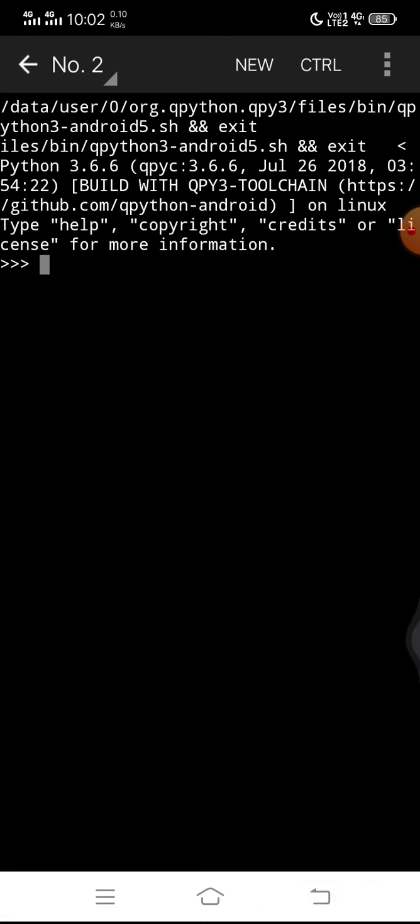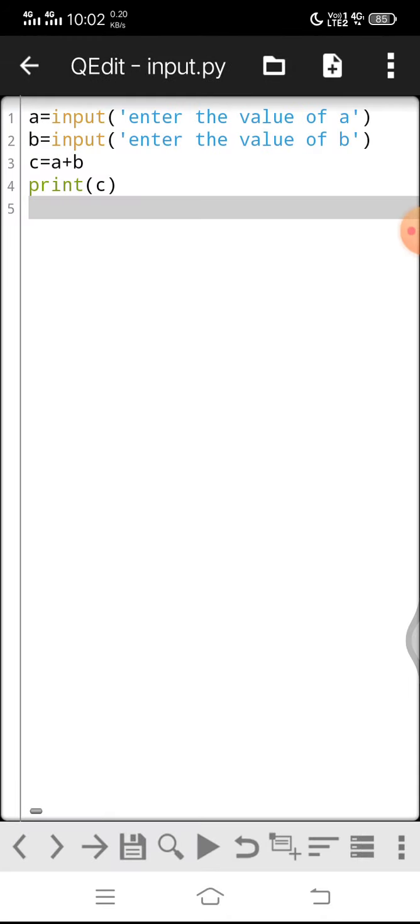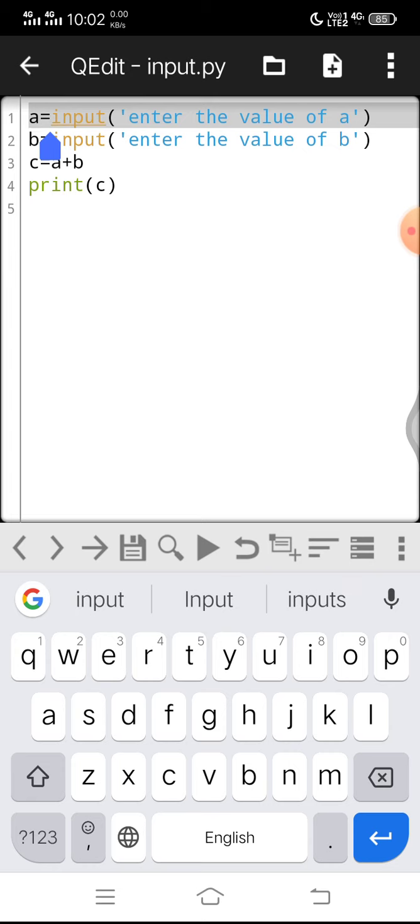But if I want to take the value in the form of integer, suppose I want to take the value of a and b as integers, then I need to explicitly convert a and b into integer data types. Then I need to write the function int.